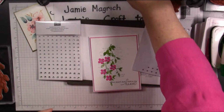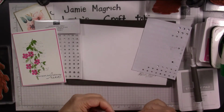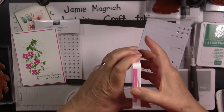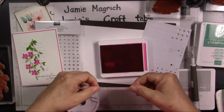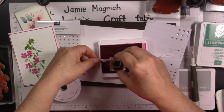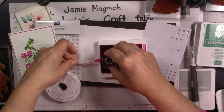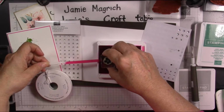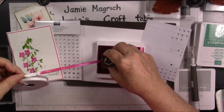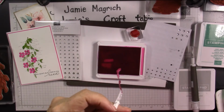And then I took the white seam binding. I'll show you how I did it, but I already did some in advance because it takes so long to dry. Took my stamp pad. I took the ribbon. I just took a stamp. Set the ribbon on the stamp pad. Put the stamp on top. Don't push hard, just lightly. And ran that through like that. You don't want to push hard because sometimes the edge of the ribbon's a little bit harsh and it might tear your pad because it's just a soft foam. Like that. But you have to let it dry really, really well because otherwise it'll get things...